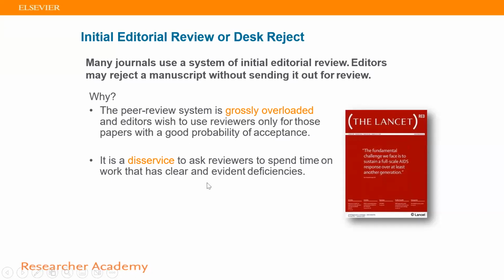The second reason for desk rejection is that sometimes the editor says there are some deficiencies in the paper, and it needs some extra work to have a good value.